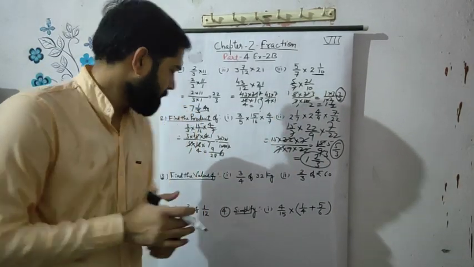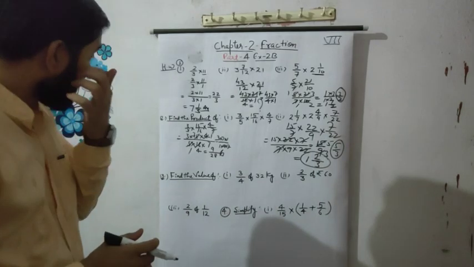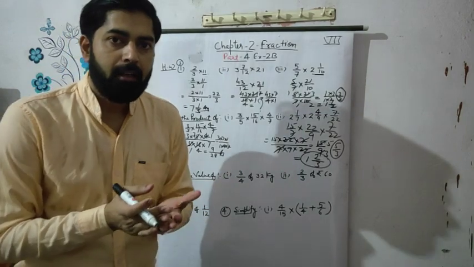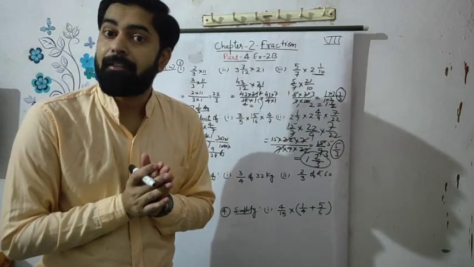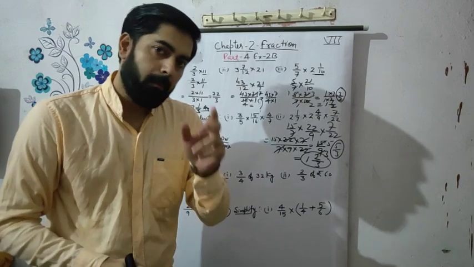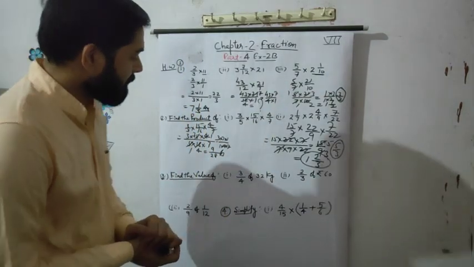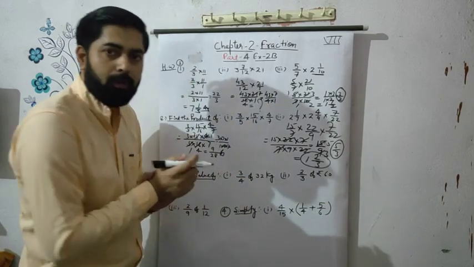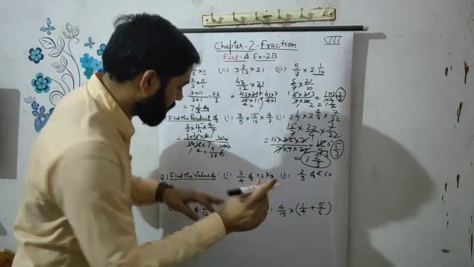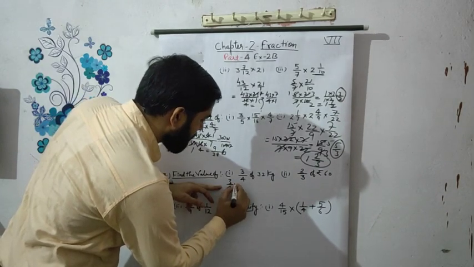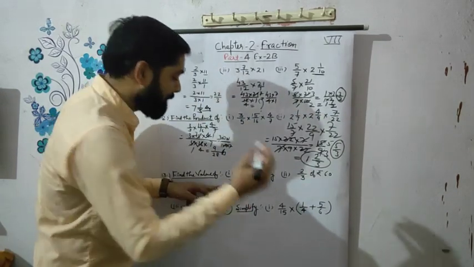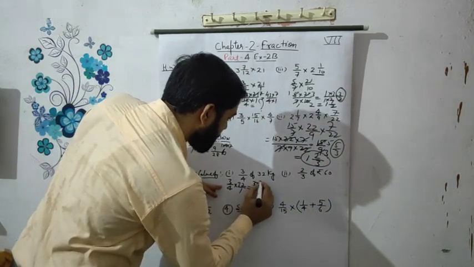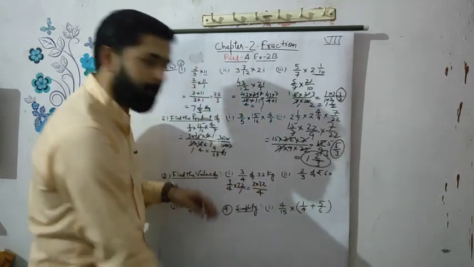Today we will solve the third question, and the third question is: find the value of. And you know what is the meaning of "of" in mathematics? Of means multiplication. Very good. So look here, first question, what is given? 3 upon 4 of 32. Of means multiply. Good. Then 3 upon 4 multiplied by 32. Same as we can write with denominator 1: 3 multiplied by 32 upon 4.